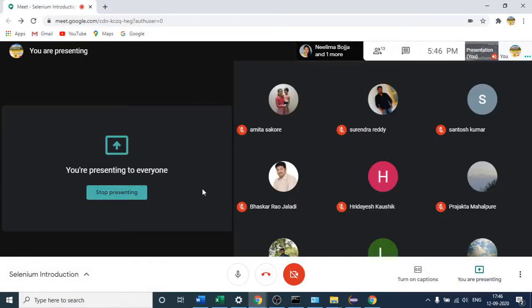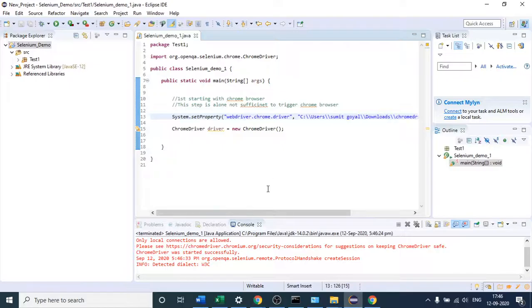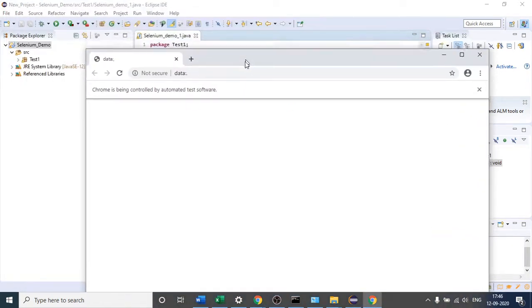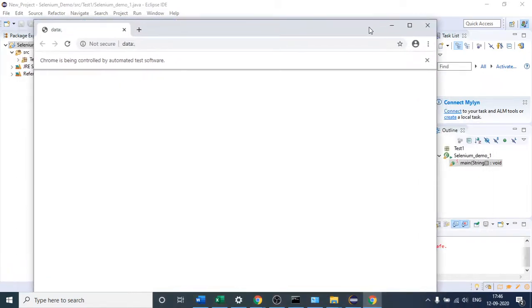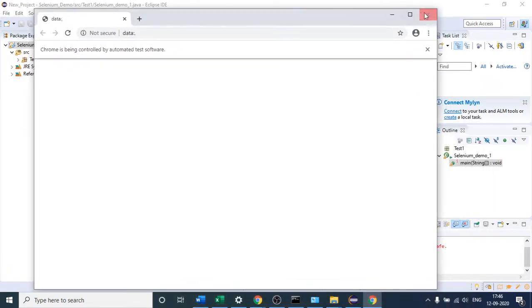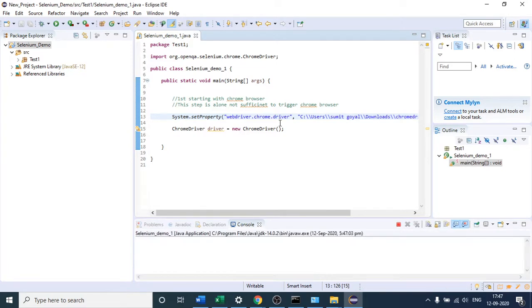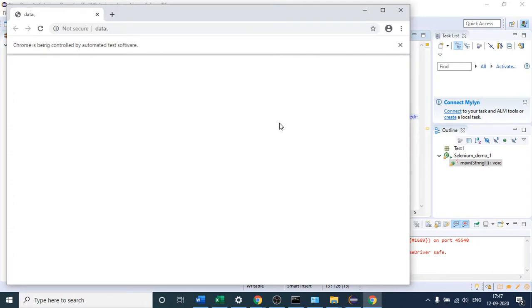Please mute yourself. Okay, so where we were, this is the one, right? You can see this is the Chrome browser, right? You are not seeing any website displaying here because we have not provided one. So it is just opening one Chrome browser for you. So this is how we have done it: just right click and then click this, and it will just open your Chrome browser. You can see that it has opened the Chrome browser, right? After that, just close this.